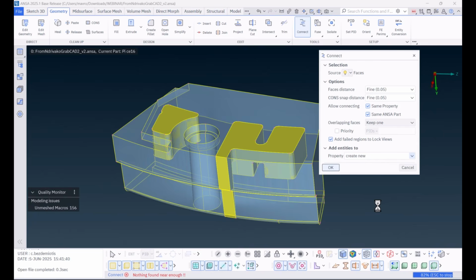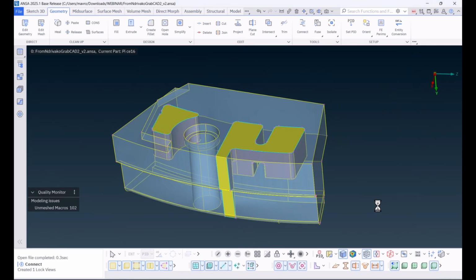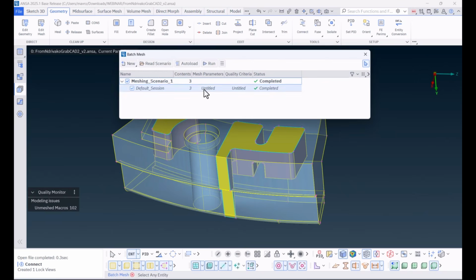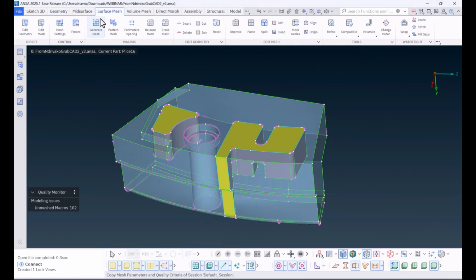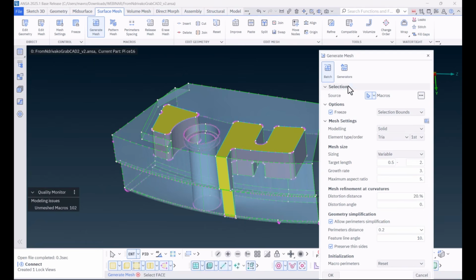Upon executing the function successfully, double bounds have been changed to triple. Then through Surface Mesh, Generate Mesh, a solid skin is generated, but the volume list still remains empty.